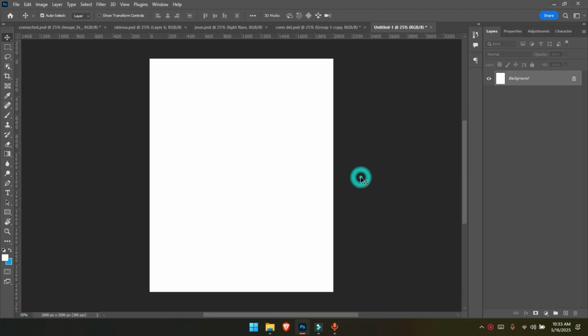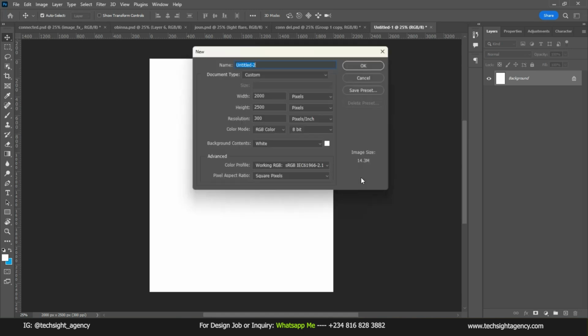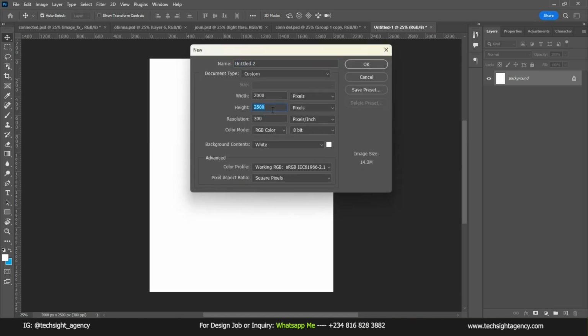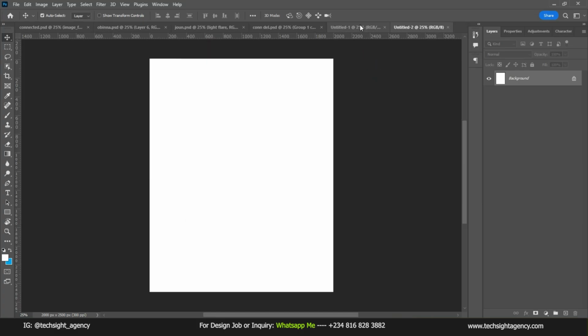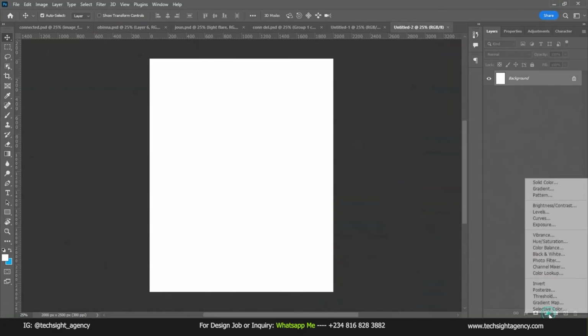So the first thing we need to do is to create our workspace. For this tutorial I'll be using 2000 by 2500 pixel. When you're done, you hit OK. Right, and if you take it to this blank page over here, so let's